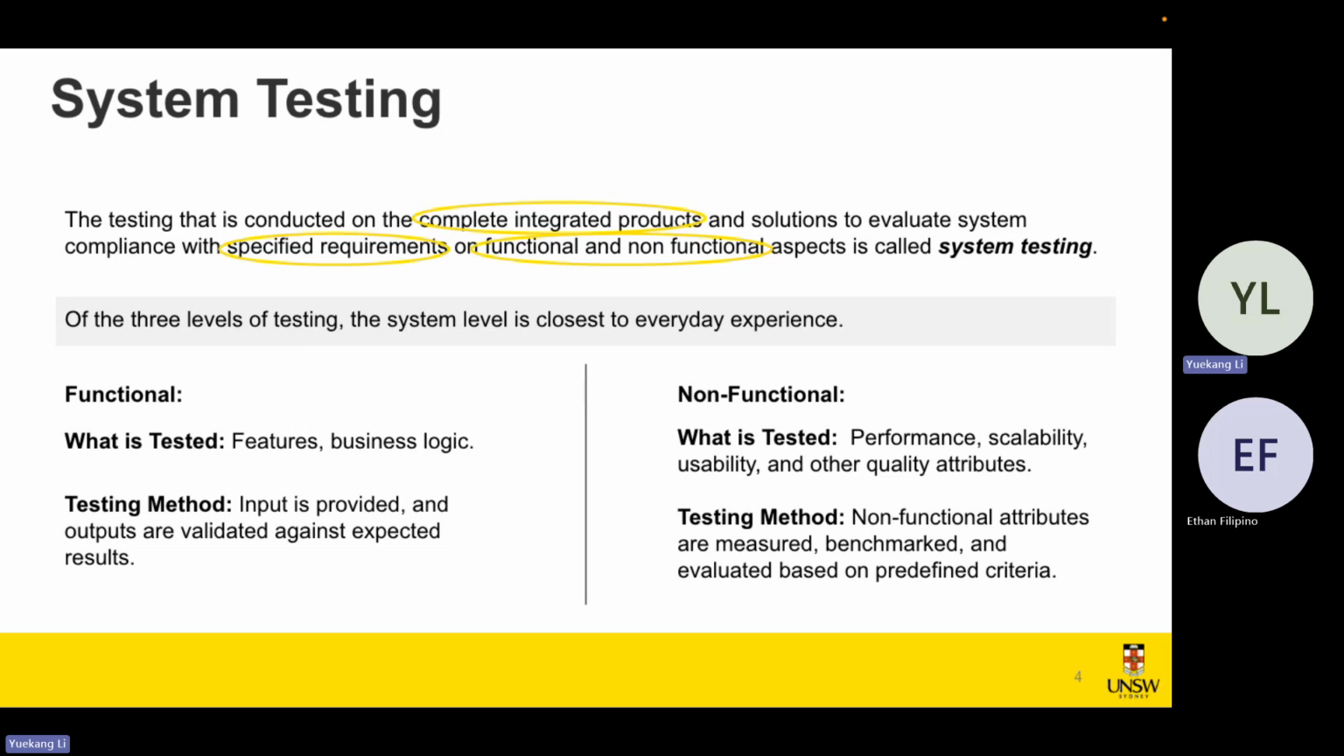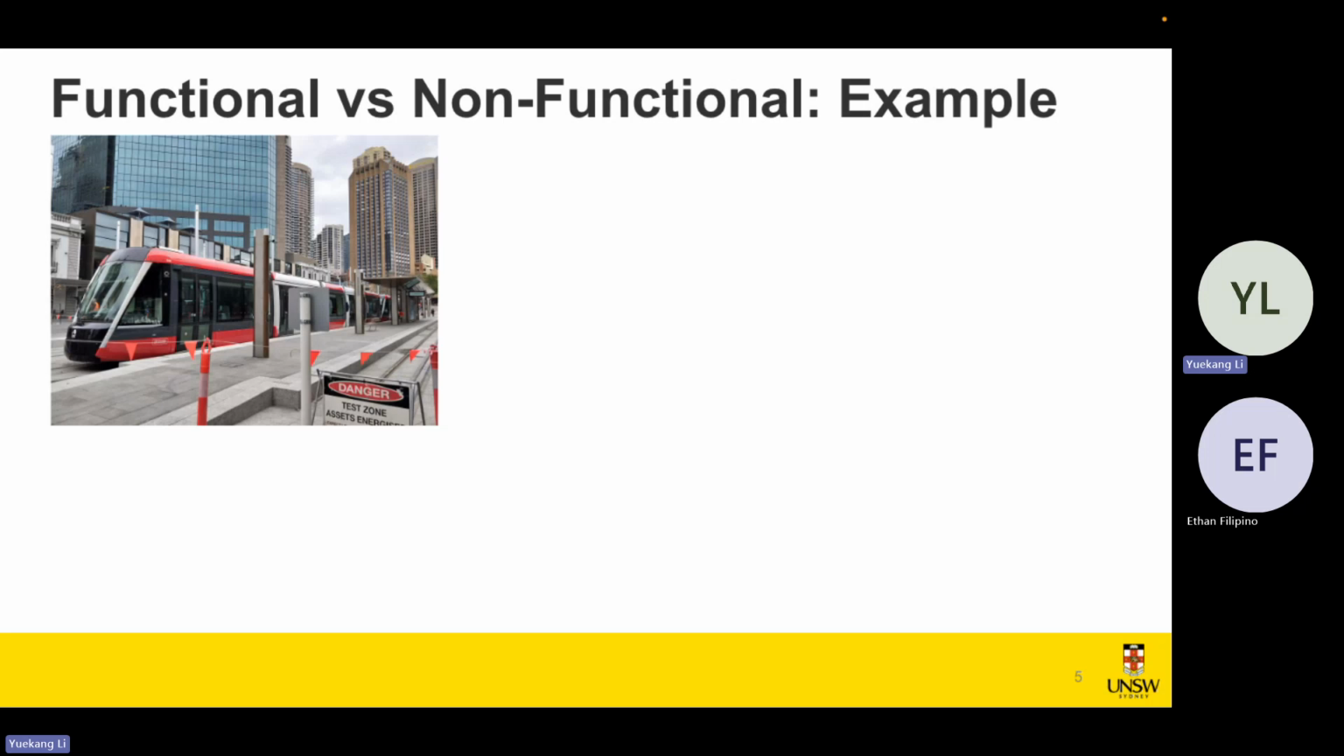So this is the difference here. And let's take a look at an example to see what's the difference between these functional aspects and non-functional aspects. So I believe all of you have seen this before, right? This is a tram, and you can see the keyword test